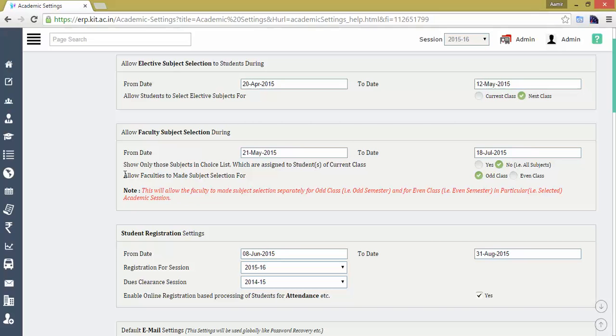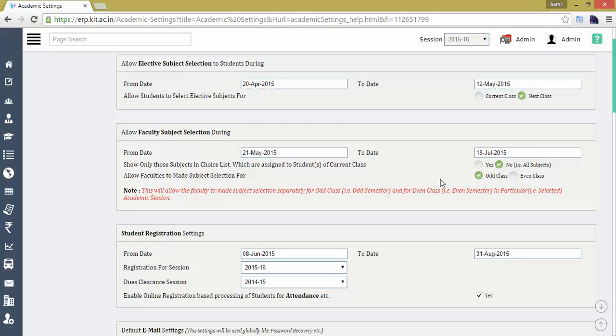Now the third parameter is allow faculties to make subject selection for, that is, the odd class or the even class. As we all know, in an academic session we generally have two semesters, the even semester and the odd semester. Here I have indicated the odd classes and even classes.